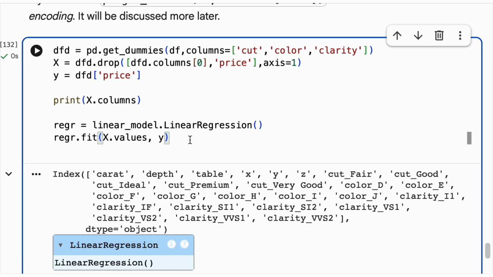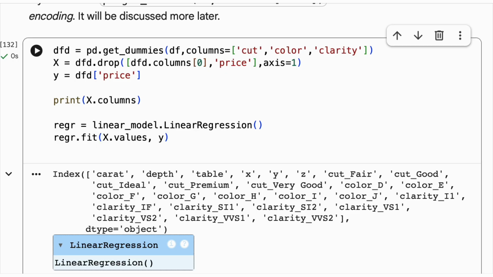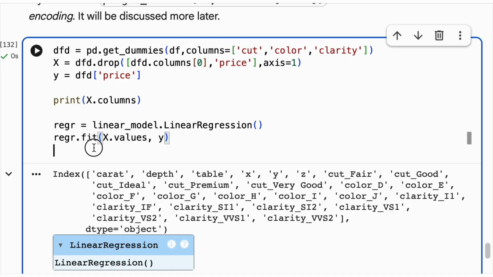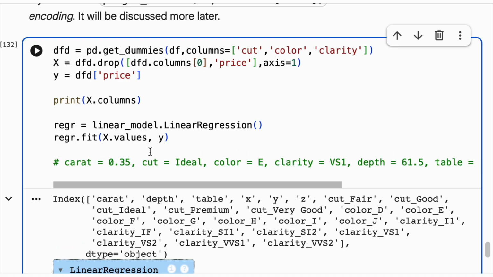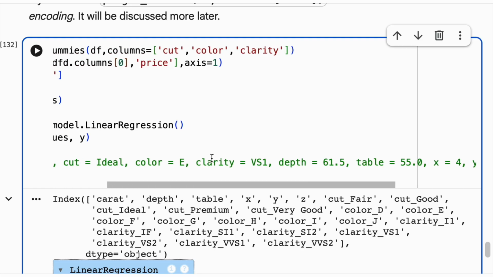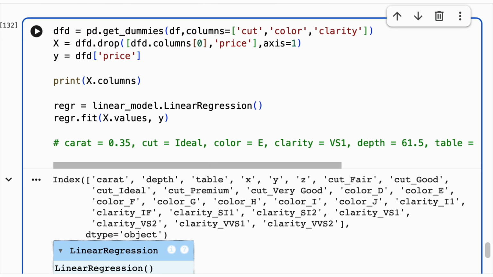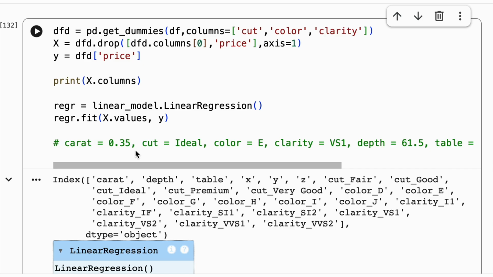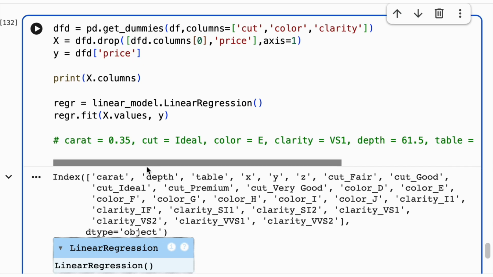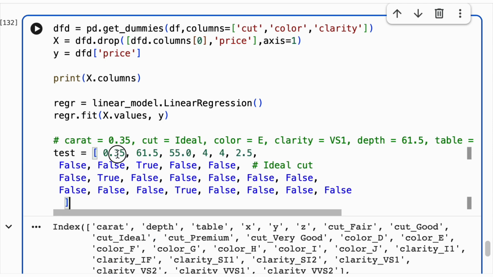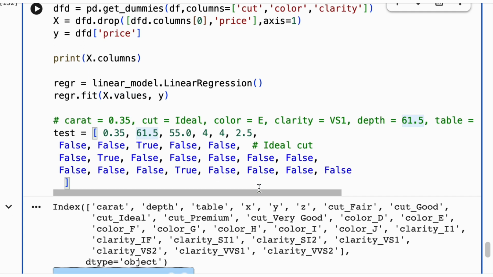Alright, and now comes the tricky part, and that is how to create the data for testing. Right? We had this as our diamond, and now this is the order of the columns in X. So what you can do is to create, you have to expand the cut, color and clarity, right? So 0.35, 61, table, and now the cut